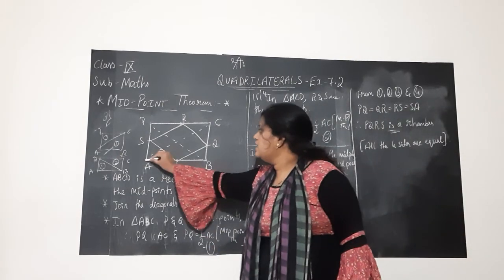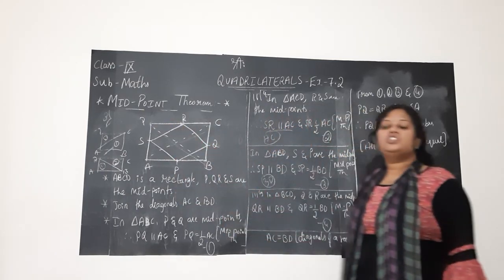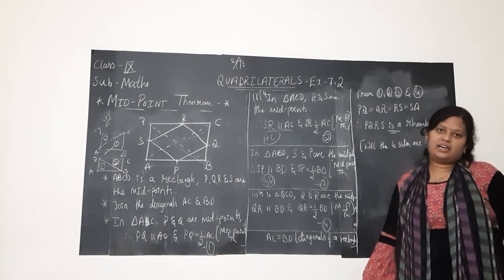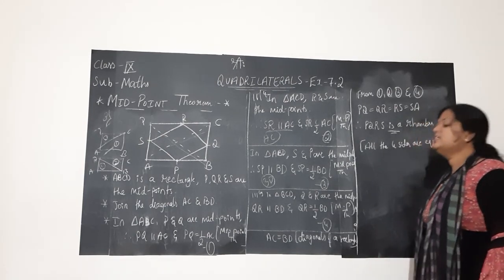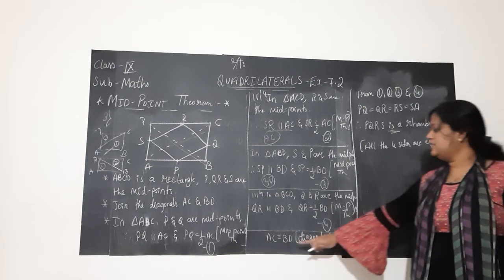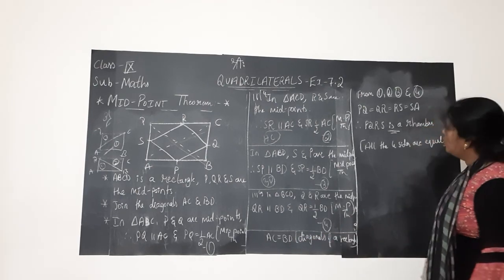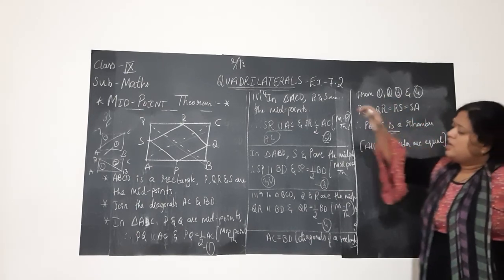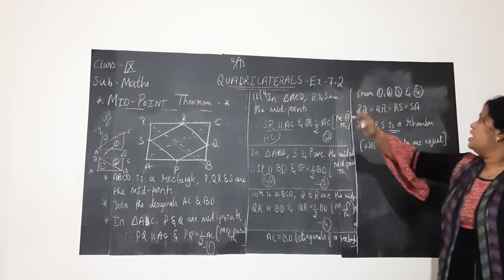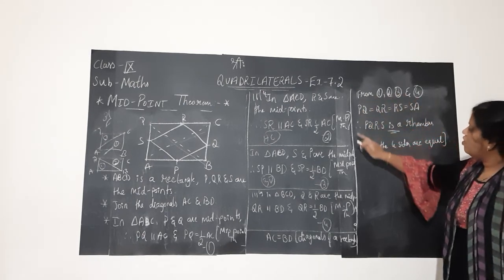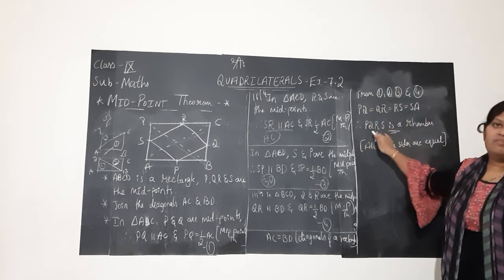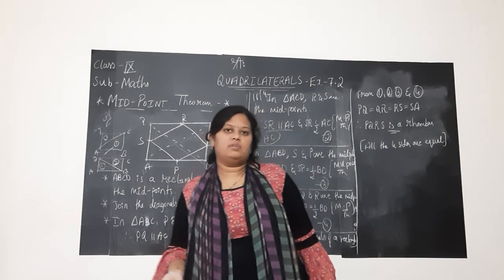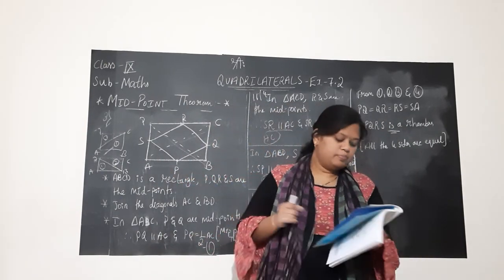And children, the diagonals AC and BD which are drawn here are equal. Why? Because they have given ABCD is a rectangle, and the diagonals are equal in a rectangle. So AC is equal to BD. Now from equations 1, 2, 3 and 4, what you get is PQ equals QR equals RS equals SP. So all the four sides are equal, children. When we have proved all the four sides are equal, obviously you can say PQRS is a rhombus. That's all. That is how we are proving it here.